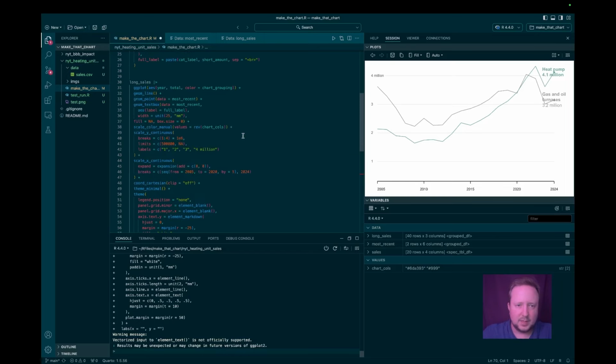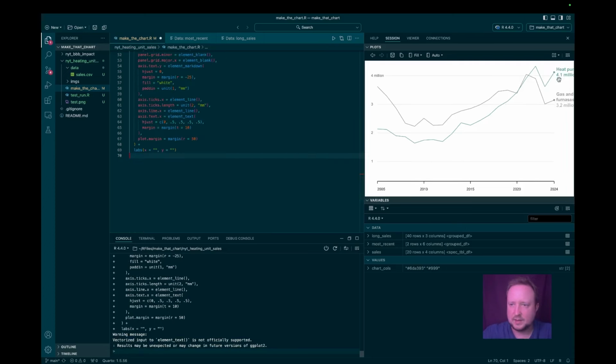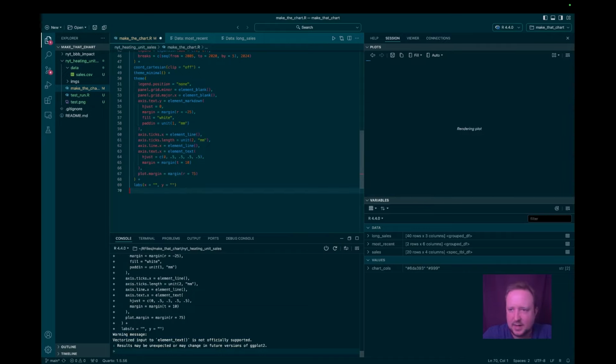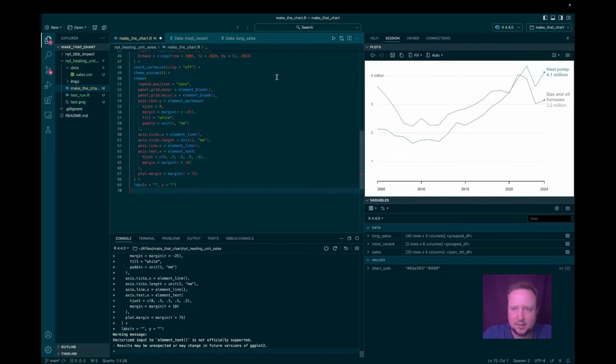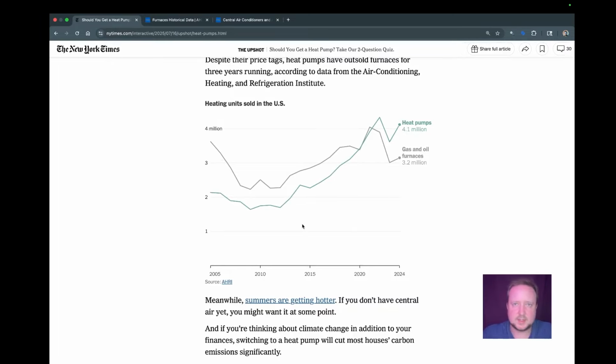And finally, we need to adjust. So I think hjust equals 0. Yeah, that'll do it. So now we're justified to the right, and we need to add more padding. So let's say 75. All right, there we go. Now we can see the whole thing. So if we hop back over here, now I think I want to start playing with the text font family